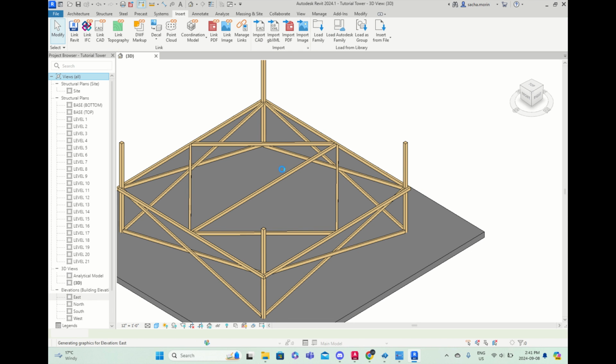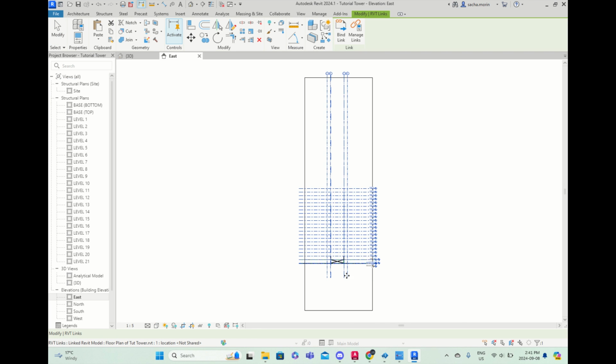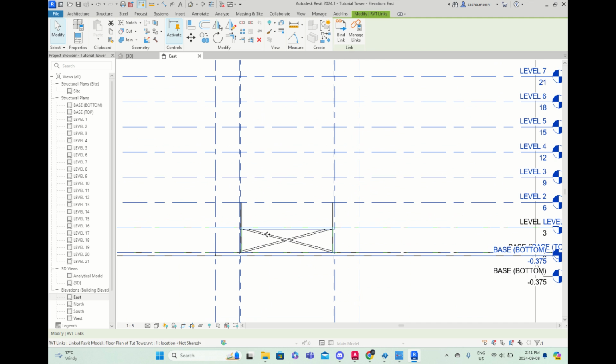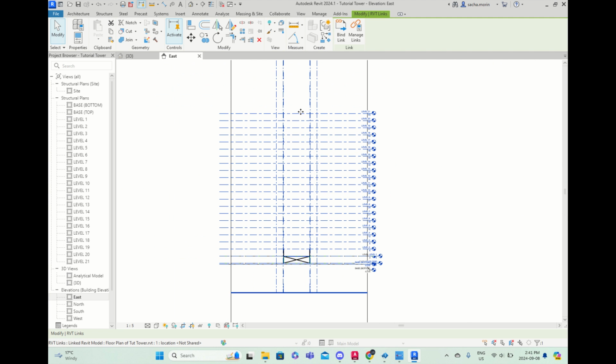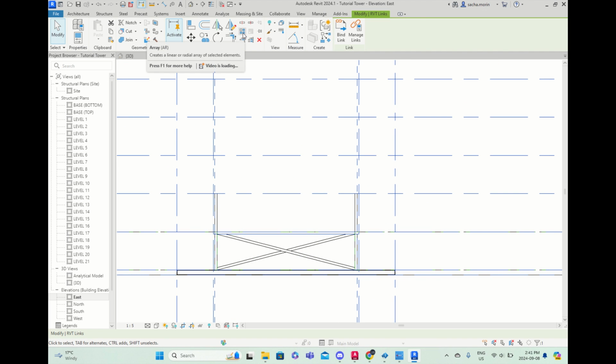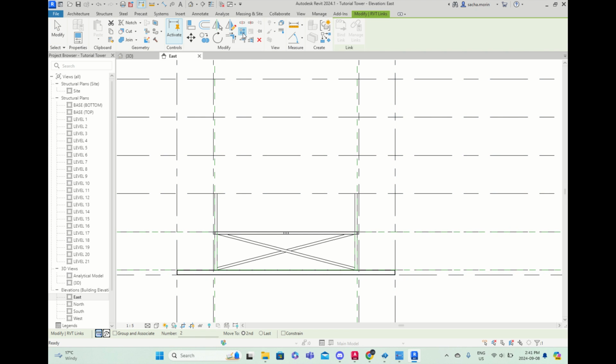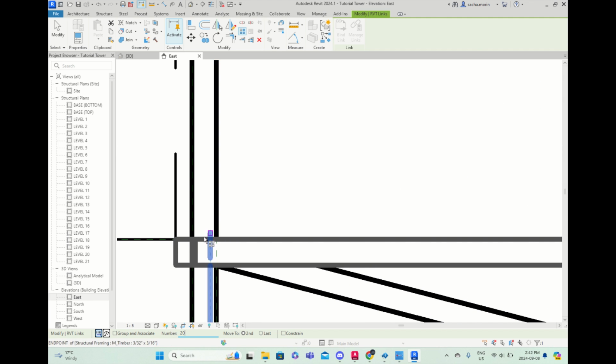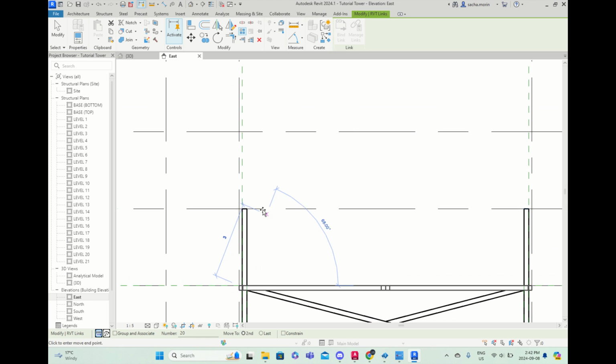So let's go to the east view. Hopefully with that sucker still underlined. Yeah, you can see it is still underlined because there are way too many blue grid lines. And we will use the array tool. So to use the array tool, it's just a matter of clicking array. It'll ask you the number of floor plans that you want. So I will say I want 20. And I want them to start from here. And I want them to go 3 inches up. Bang. And there should be the creation of all of my 20 floor plans